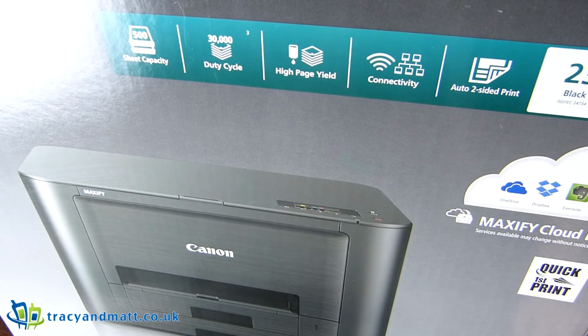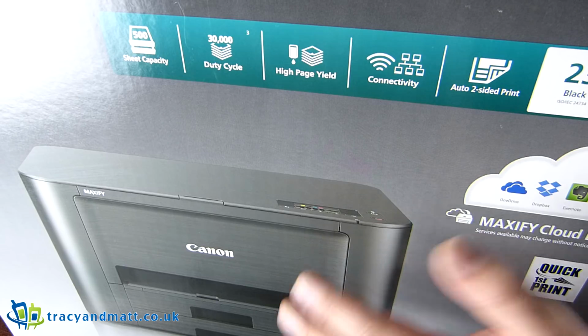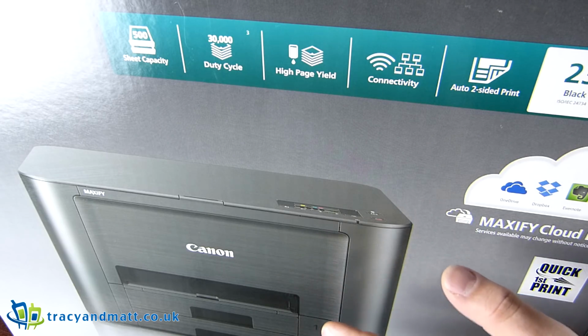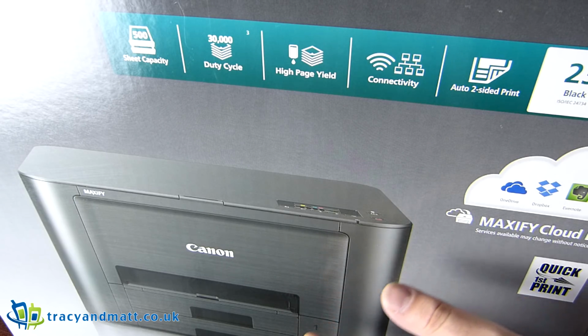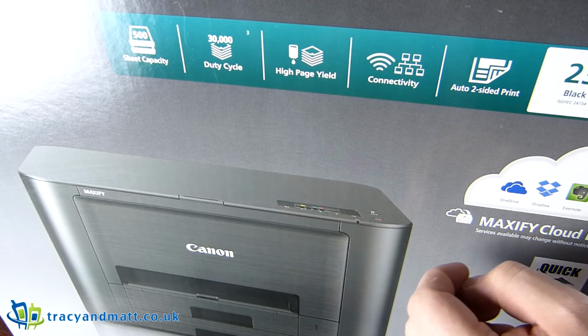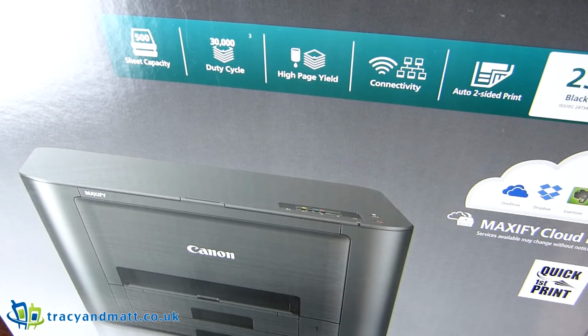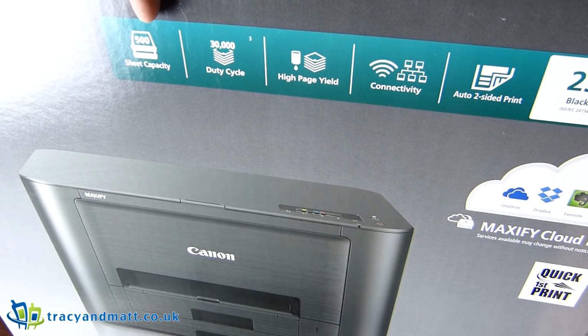Now I have a couple of printers in the house already, so I'm hoping to see just how well this compares to those other ones. I have a large HP Officejet, which was quite an expensive printer, and then I have another smaller Canon all-in-one, a Pixma or something like that, which the wifey uses, but this one has a 500 sheet